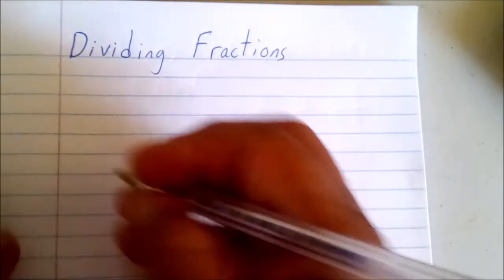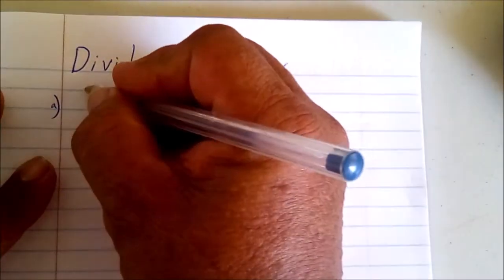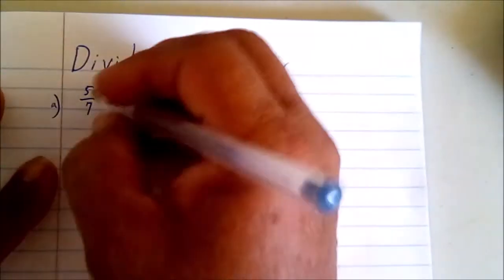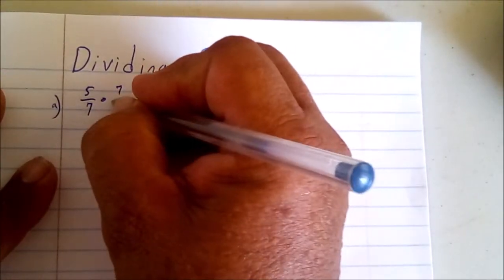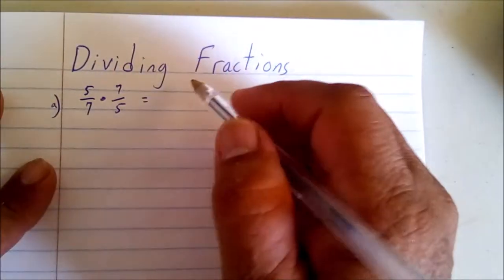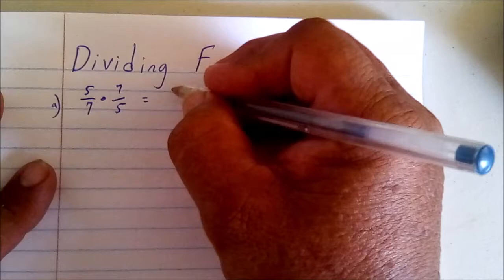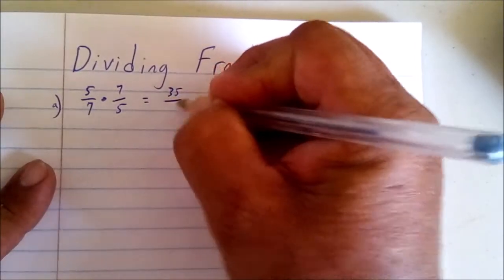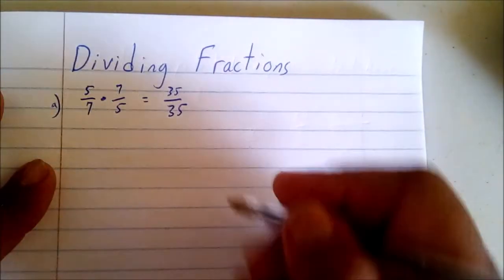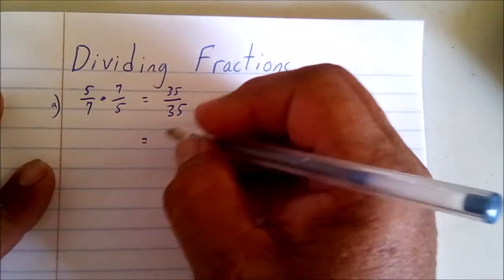Say, for example, this will be our first problem: 5/7 times 7/5. According to our rules of multiplication, we multiply the numerators, and that gives us 35 over 35. Okay, now if we were to consider this another way, we would say